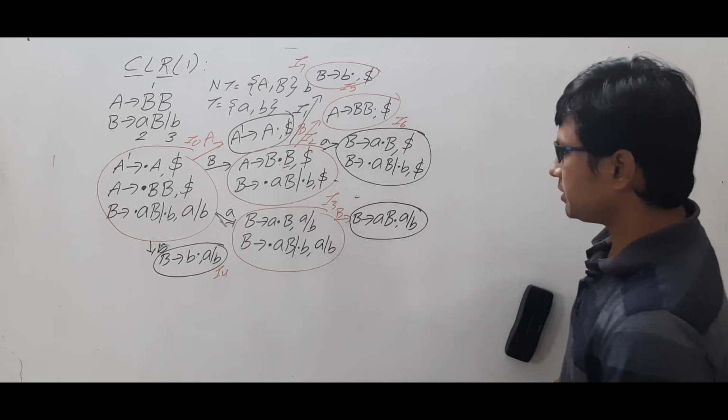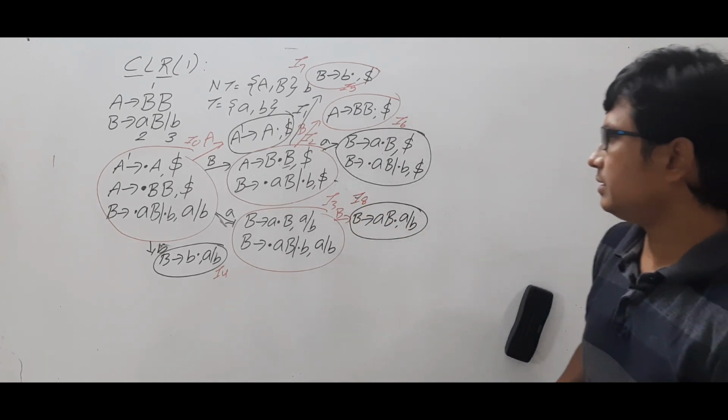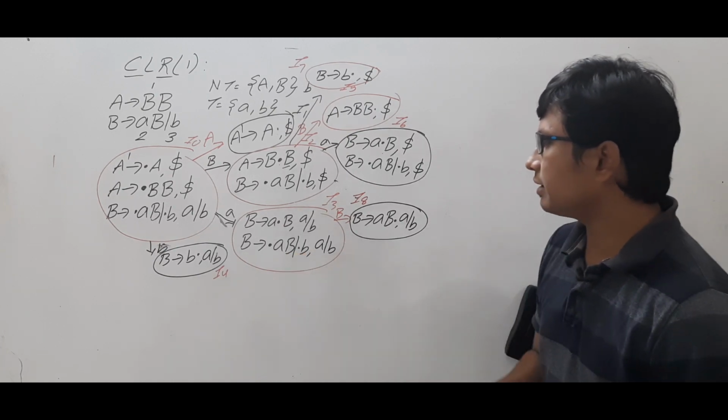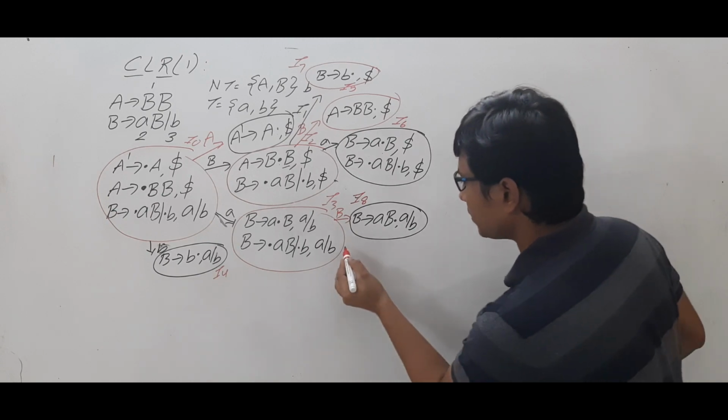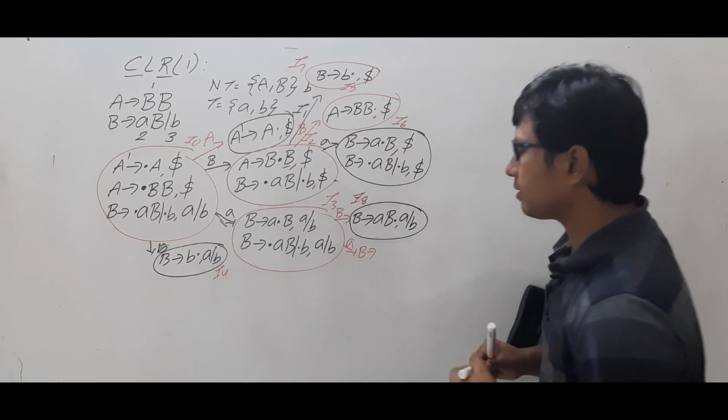Will you accept with me or not? This is our item number 8. Now look at small a. On small a what will happen? On small a it will be B determines